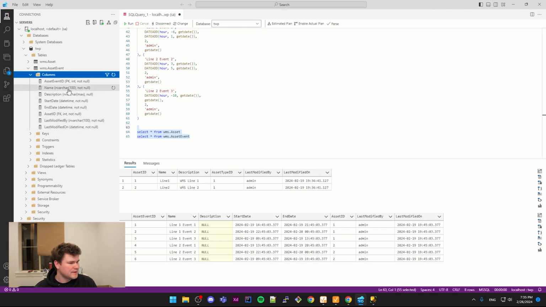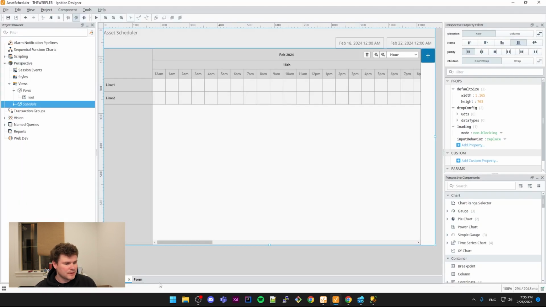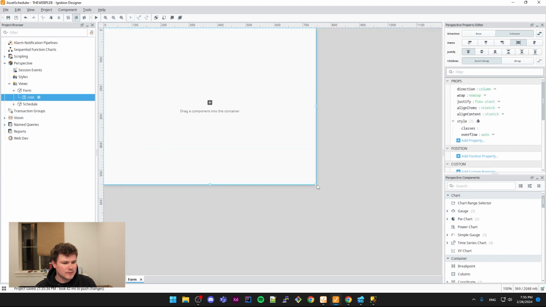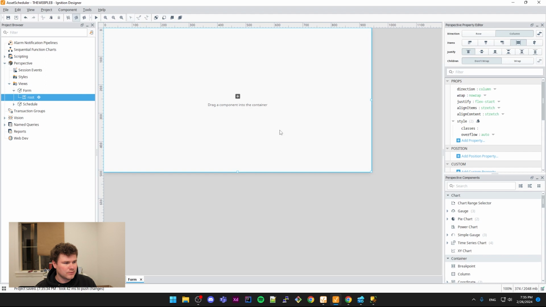So basically what we'll need is a name, which will show up on the schedule event, and then a start date and an end date and an asset ID. So this will be a very simple form to build. We basically want to build a form to capture those values. I'm kind of trying to think as I do this. Let me just create,